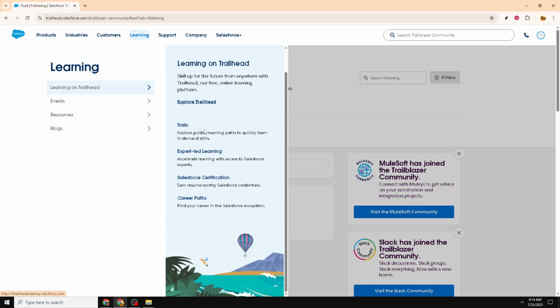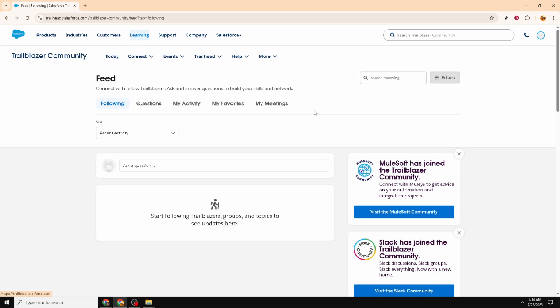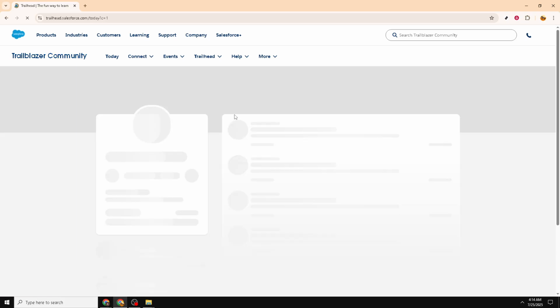By following these steps and exploring these features, you'll be well on your way to mastering the Salesforce platform with Trailhead's engaging and comprehensive resources. Feel free to revisit any of these sections as you continue your learning journey,